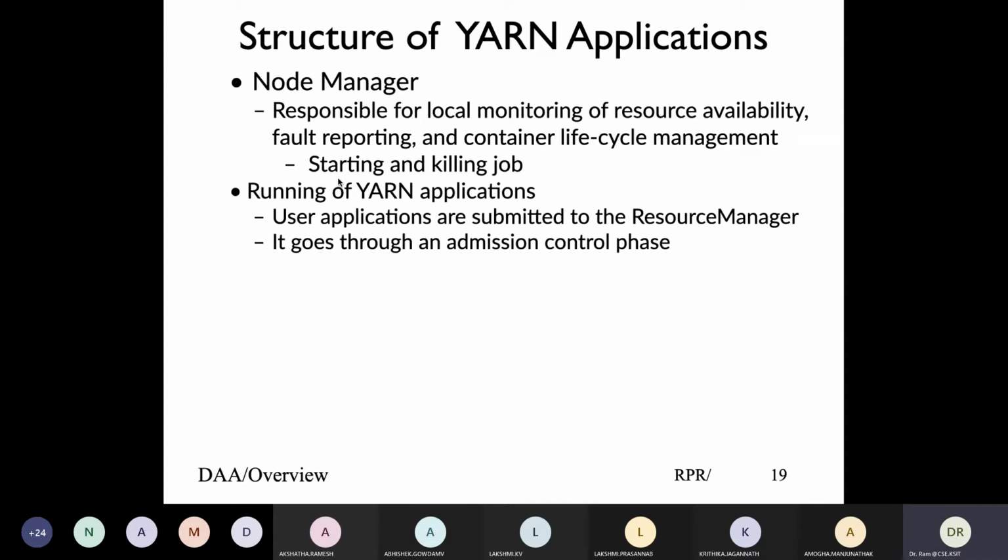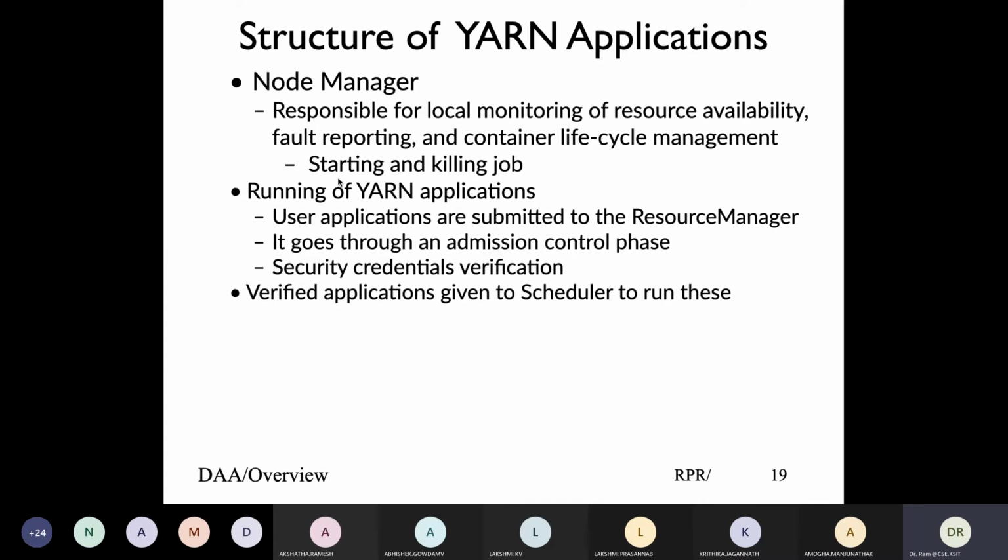The way an application works, the user submits an application to resource manager. Resource manager makes sure that it can run the application. So it basically goes through an admission control phase, verifies that the application is allowed to run. In our setup, we are not doing any security validations, but if that is needed in real life, it verifies that. And then once it approves, it moves the application into what is called an accepted state. That yes, it will run the application. Accepted state does not mean the application is running.